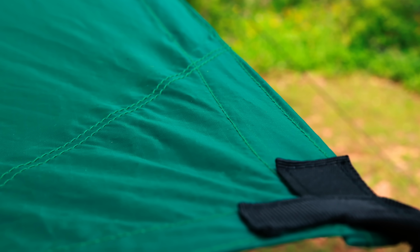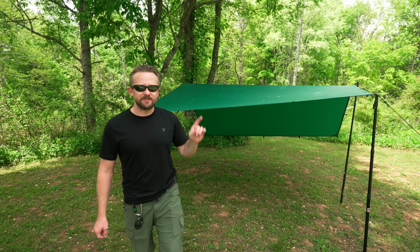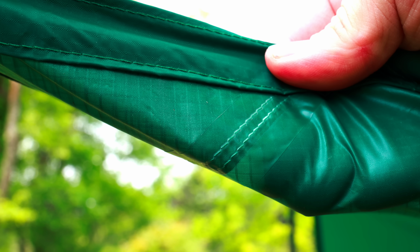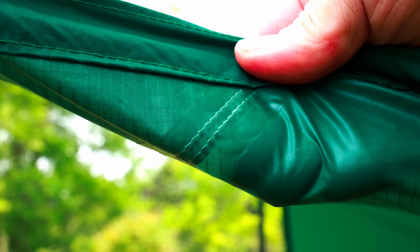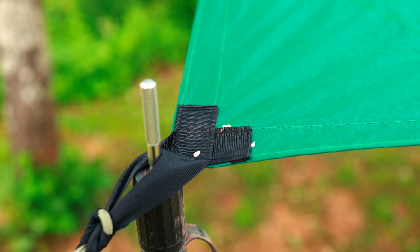Point number 4, waterproofness. I've never had an issue with this tarp leaking. It does feature a 5,000 millimeter hydrostatic head rating. Thanks to the fact that this has been seam taped, you do not have to worry about seam sealing this yourself, and that's a huge plus. The next point,